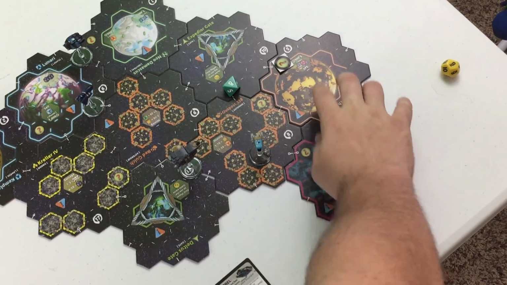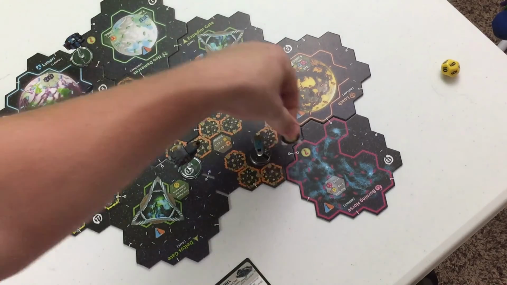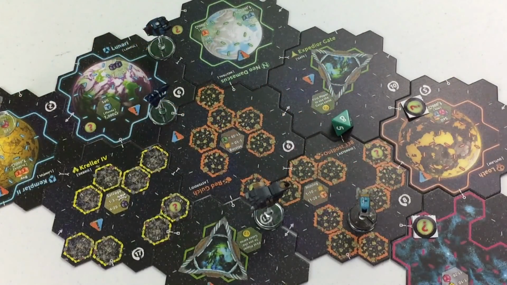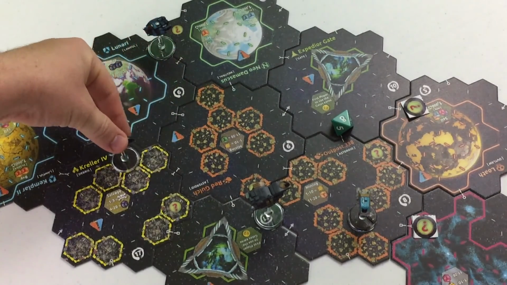Just like that, and we have the Exploration token there. All right, now let's move on to the NPCs. We've got the Enforcer up here. Cinderbeard is 2 sectors away, so he's not going to target him. So he's just going to continue patrolling. So 1, 2, 3, 4,